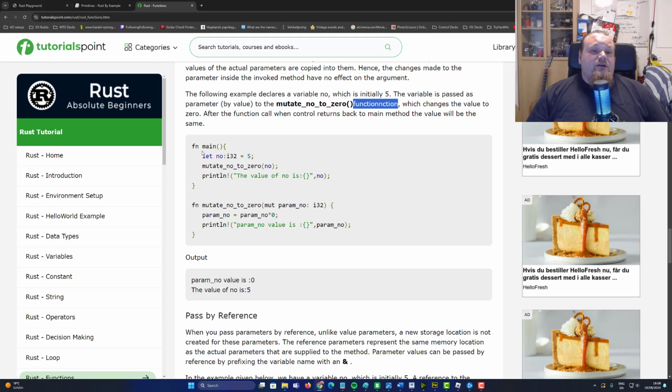Okay, so we look at this code here. We have a function, create a number with the type of integer, 32 bits. We call the function, give the number variable to the function as an argument. We print out the number. Alright, so